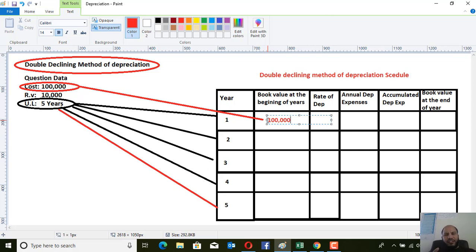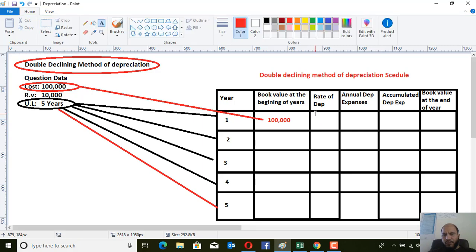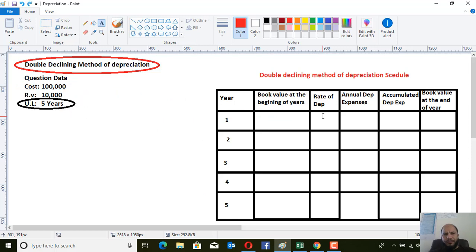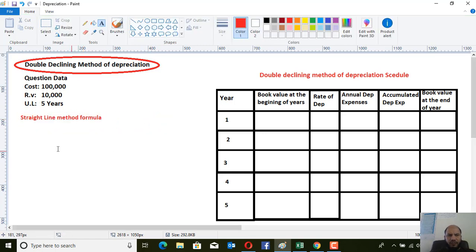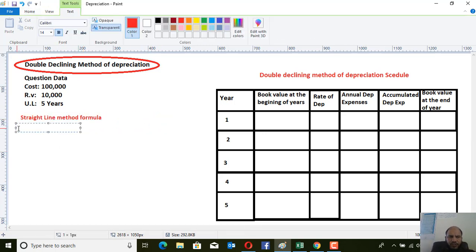Okay, so the next step is we should find the rate of depreciation. So let's use a formula to find the rate of depreciation. Okay, dear students, see over here, you can find the rate of depreciation by using the straight line method formula. So how can we find it, how can we use it? Remember, dear students, that the straight line formula was annual